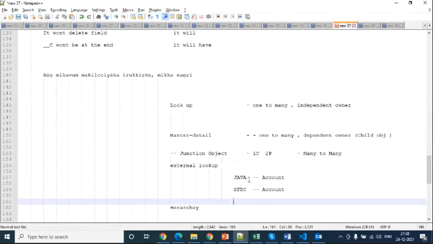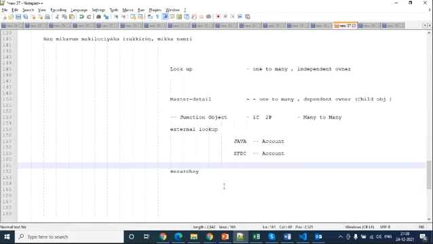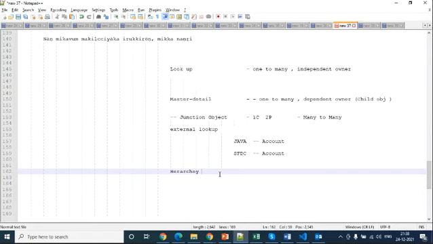When Java data is updated, Salesforce should update. If Salesforce is updated, Java should be updated. For that, if you want to maintain a unique relationship between two different systems, you can do that with an external lookup relationship. External lookup is clear now? Yes.